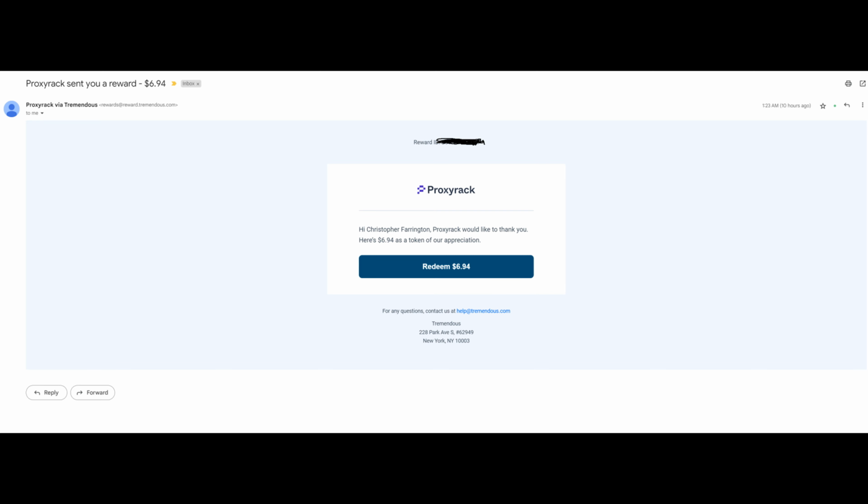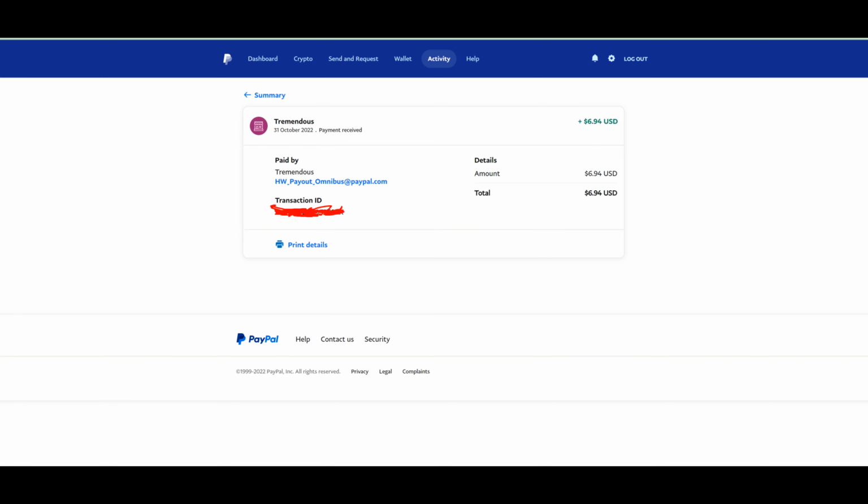So I got the email, guys. It took around about 10 hours for this email to come through after requesting the payout. Okay, so that PayPal transaction took fractions of a few seconds, and it's already been paid out to my PayPal account, which is great. And this is one of the apps that I would happily recommend, and I do trust